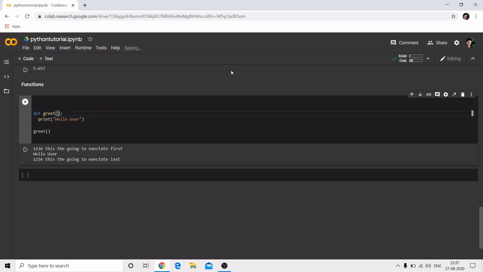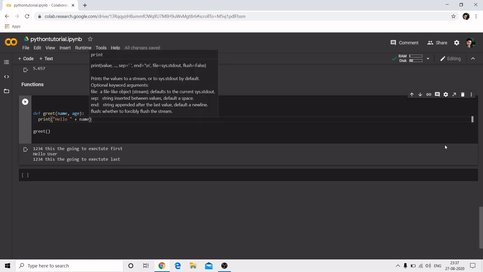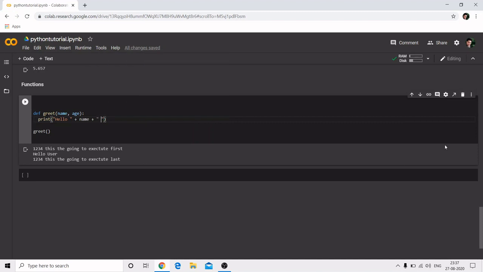So I want to check what is the name of the user and what is the age of the user. So as you already know, I'm passing these two parameters in here. Parameters are the pieces of information that we are giving to the function that might be used in the function while defining the function, while writing the bunch of lines for the function. So let's say hello. Instead of user, I'll say hello, name of the user,